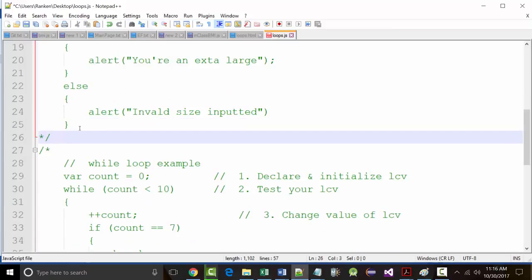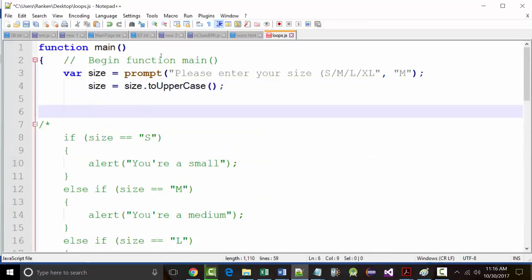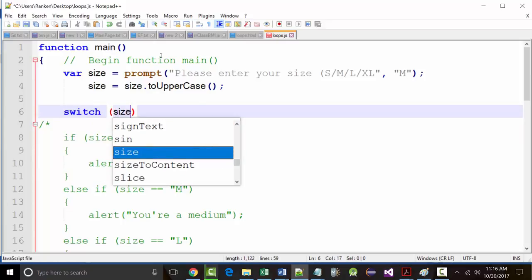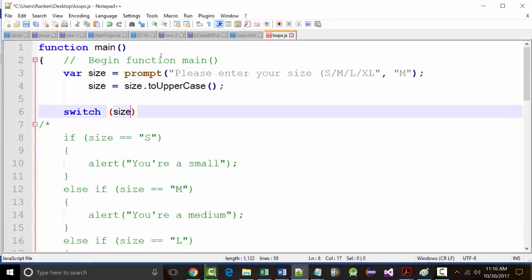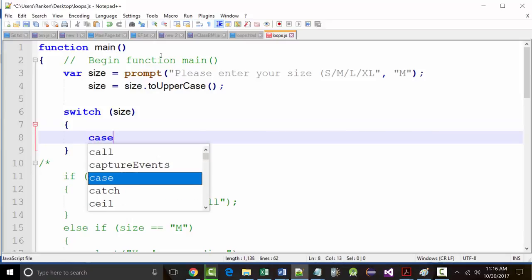And I'm going to use a new statement we haven't looked at before that's called the switch. So I'm going to say this. Switch, gotta spell it right, switch size. The whole switch has to be inside of curly braces. And I say case